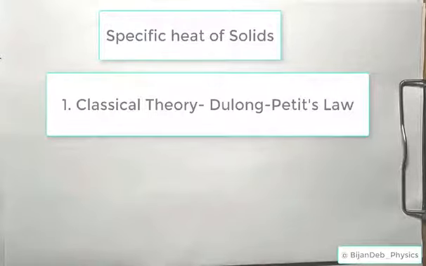So these results match the experimental value only at room temperature or at higher temperature, but it fails miserably at lower temperature, where it is seen that experimentally specific heat is dependent on temperature. As T decreases, Cv decreases, and ultimately as T tends to 0, Cv tends to 0. So this is not explained by Dulong-Petit or classical theory. You can revise that lecture now. To overcome that, or as a modification of the classical theory, the quantum theory of specific heats was developed.